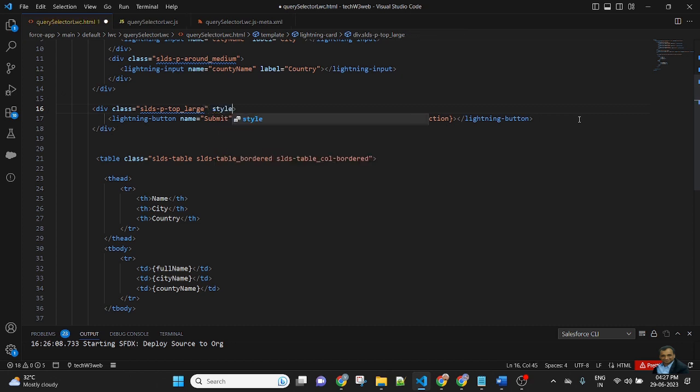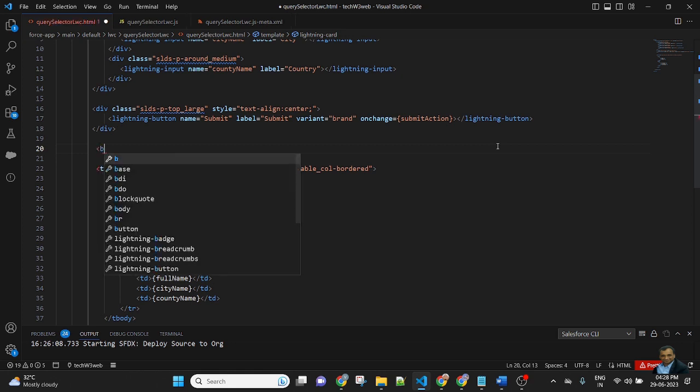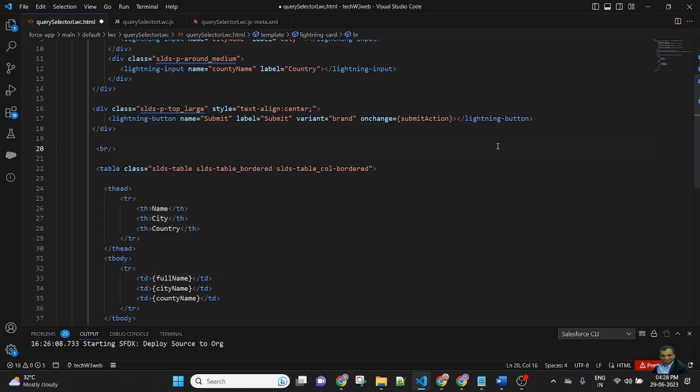I use style text center, and here you can give a br for the bottom space.